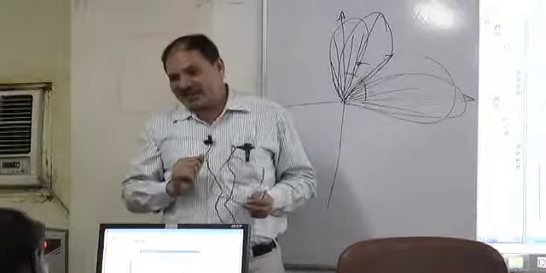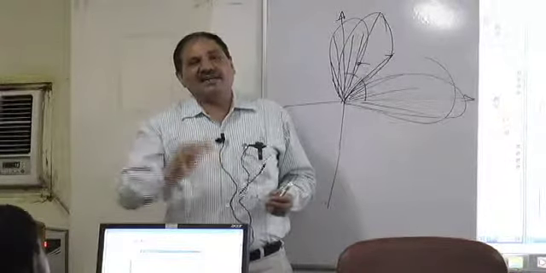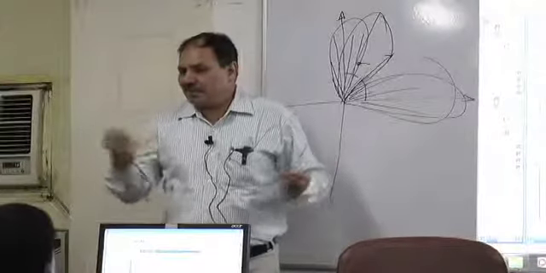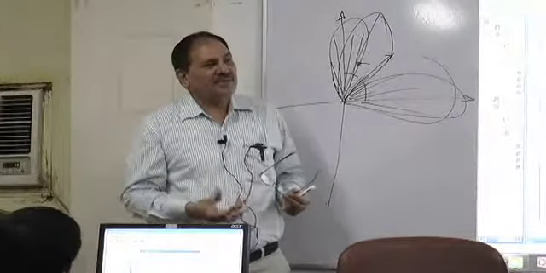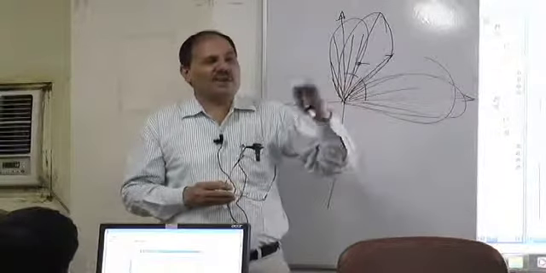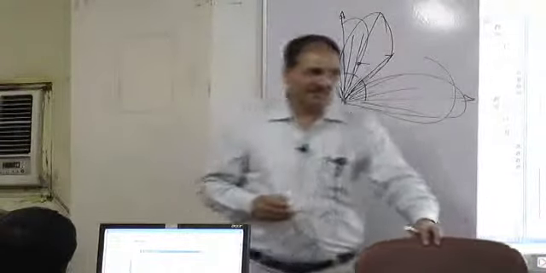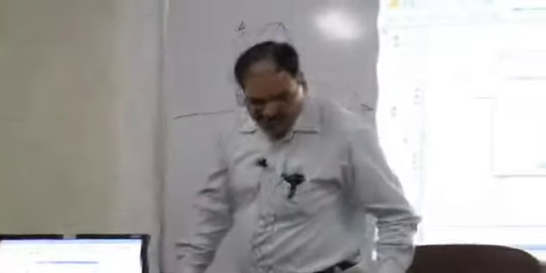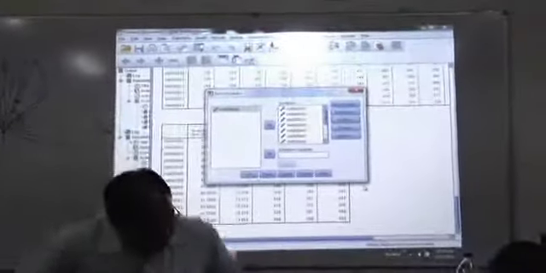So there will be a balance created. Factor 1, initially when you extract, would come out to be the biggest. After rotation, it still remains biggest, but it becomes very close to the other factors. And you also give a chance to the statements to converge on the other factors. So that is the purpose of rotation.